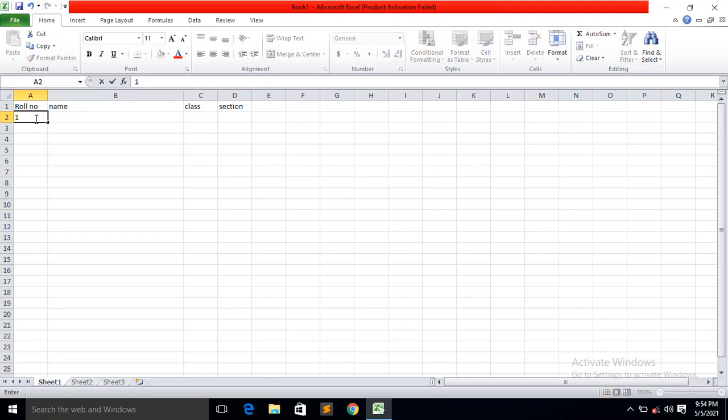Roll number 1, say Ashmita Chaudhary, class 7, section B. The next, roll number 2,